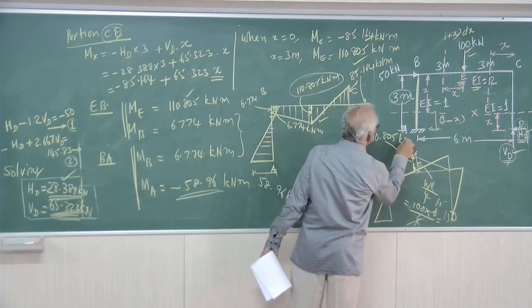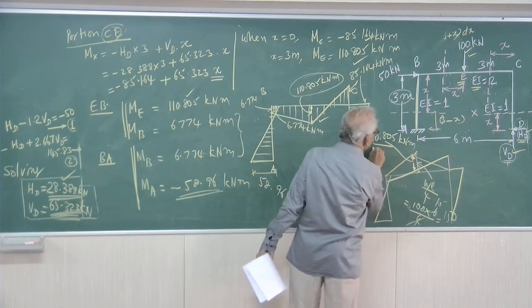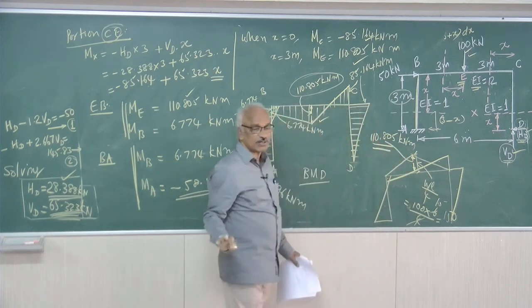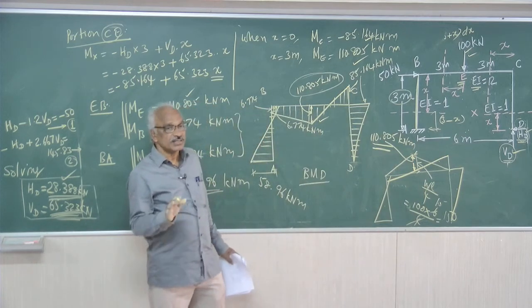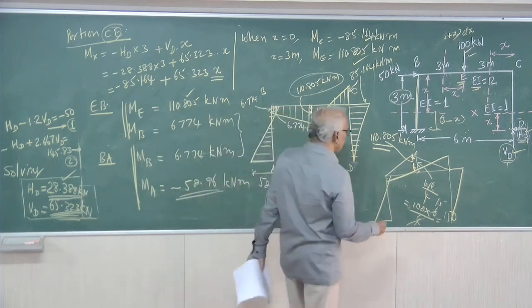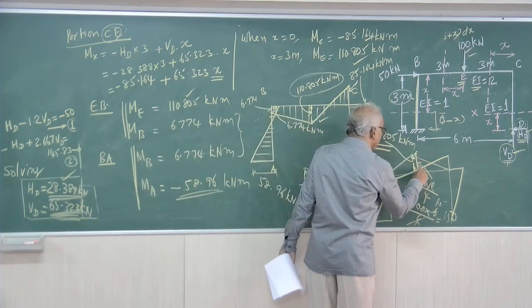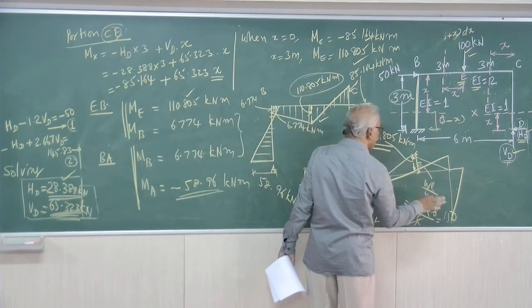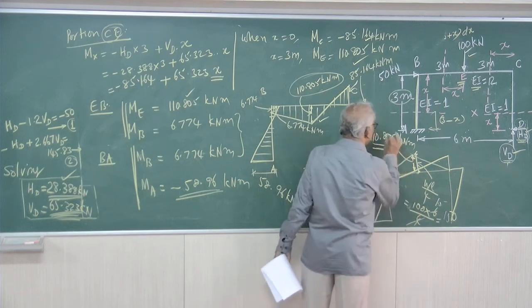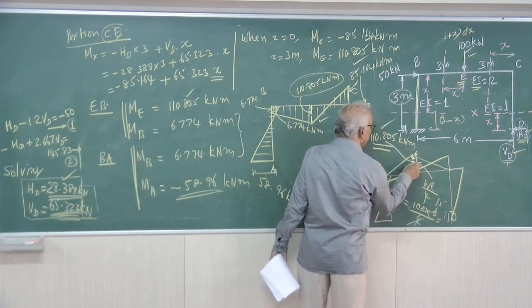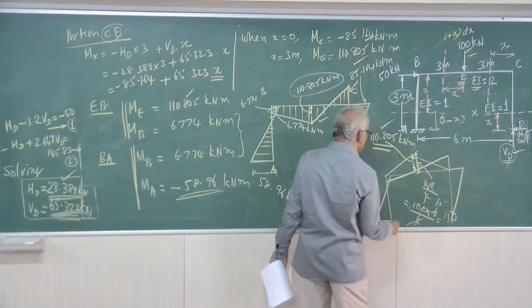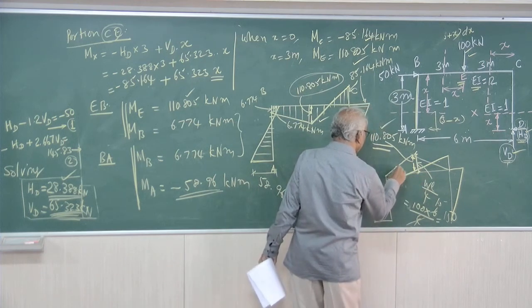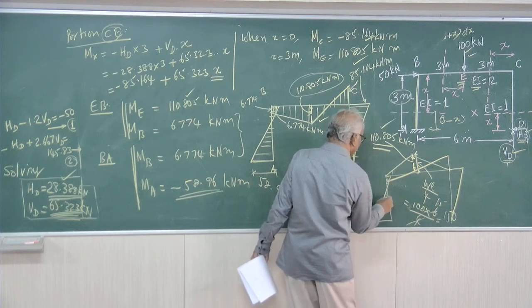But the strain energy method will give you the net value, and that net value here is 110.805 kilonewton meter. So, like this also we can draw the diagram. Only thing we have to understand is the strain energy method will give you the net value. Therefore, we should not get confused with the WL by 4 value. So, you can directly mark 110.805 as the net value, not the total value. If this is understood, the bending moment diagram can be drawn as usual, as we have done earlier.